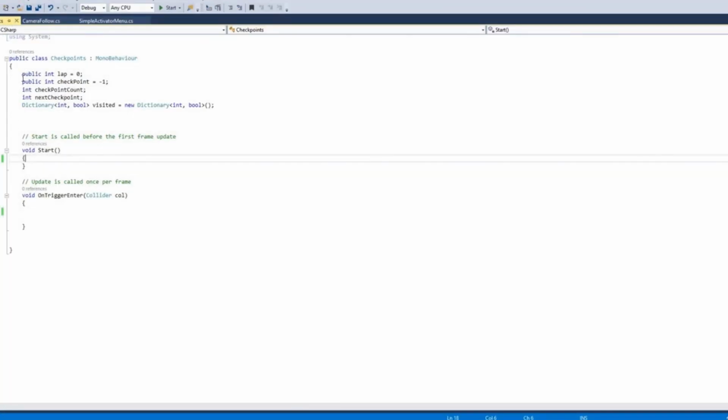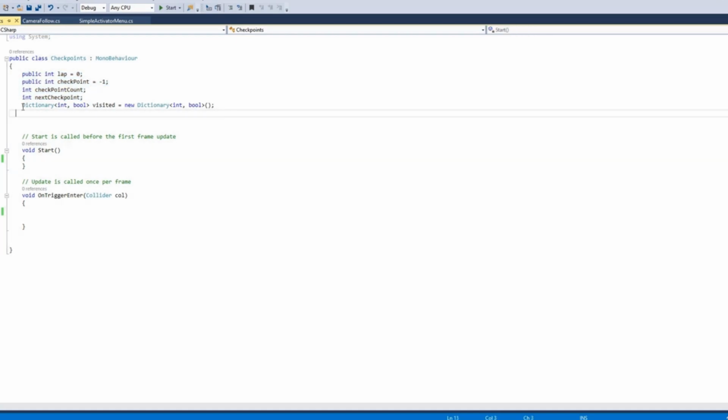First, at the top, I have declared some variables. Public int lap, this will be our lap, and I have initialized it to 0. And then some other variables. We will use them in the script and you will know why we have declared them.